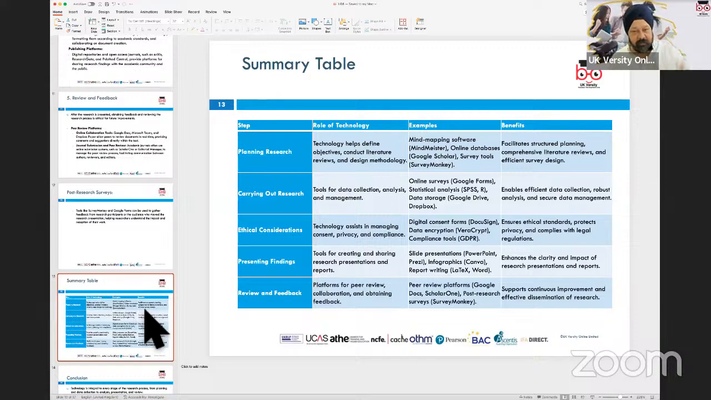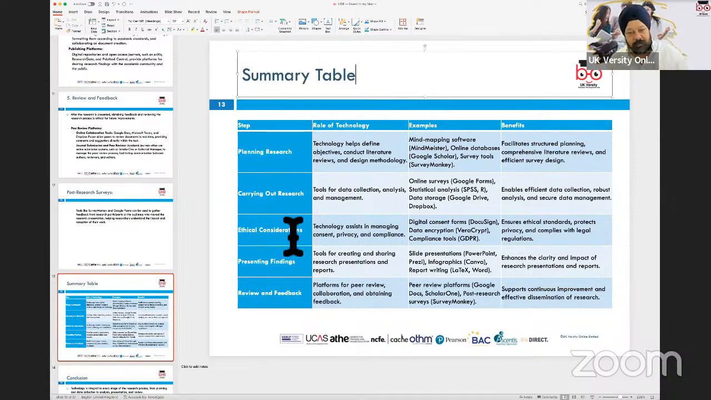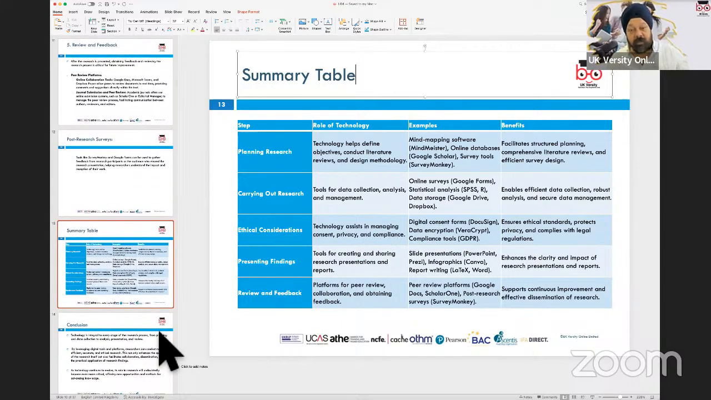So this table that I've put up here summarizes what you would do in terms of carrying out research, which are the basic steps, and then the role of technology and some examples of software in particular, which are used in different contexts, and how they can benefit researchers or people like teachers, instructors, lecturers, if we are planning to carry out research, how they can effectively help you in carrying out a better research project, or essentially,